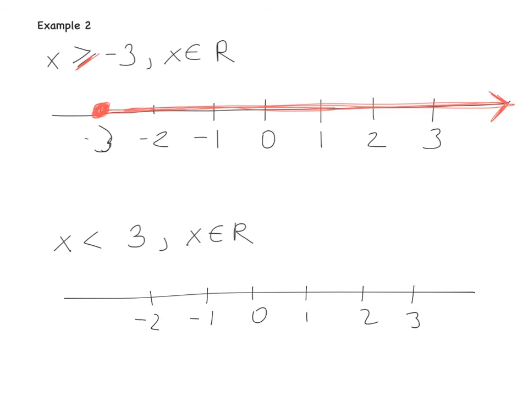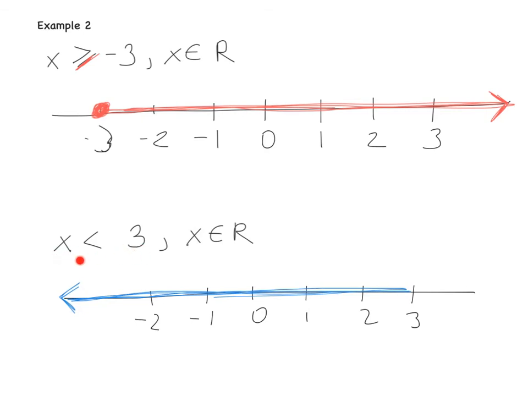Okay, so we need to find all the numbers less than 3. So all the numbers less than 3 go in here. So again, solid line, these are all the numbers less than 3. Okay, the arrow, and then